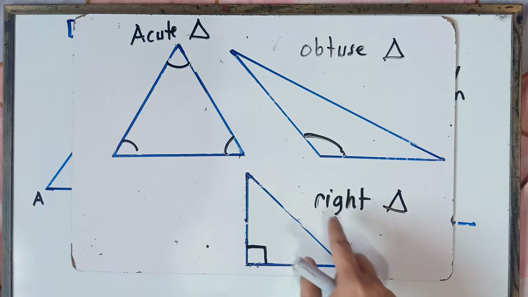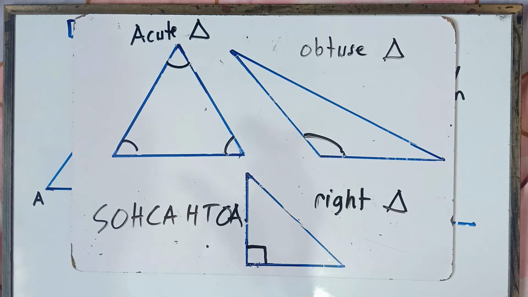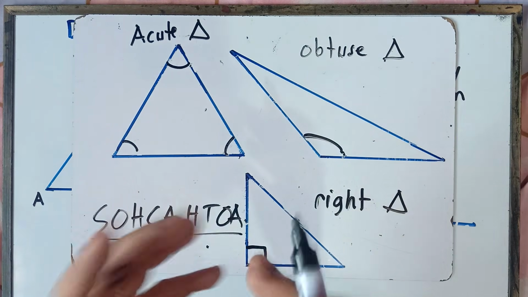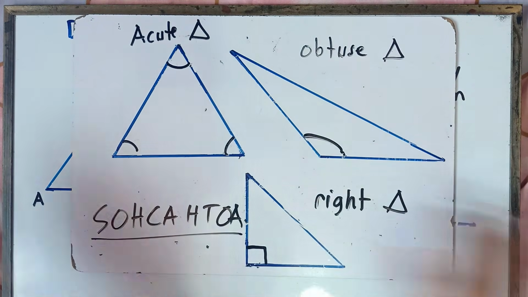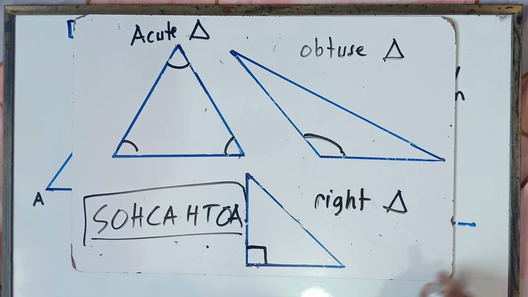So, if the triangle is a right triangle, it is better to use the trigonometric ratios, the SOHCAHTOA. Because most of the time, class, we use the law of sines if the triangle is an acute triangle or an obtuse triangle. But you can always use the law of sines if the triangle is a right triangle, though it will take time. So it's better to use SOHCAHTOA in finding the sides and the angles. I hope it is clear for you, class, with regards to the law of sines.